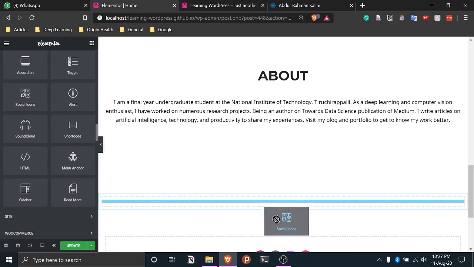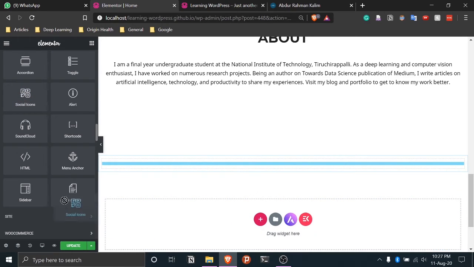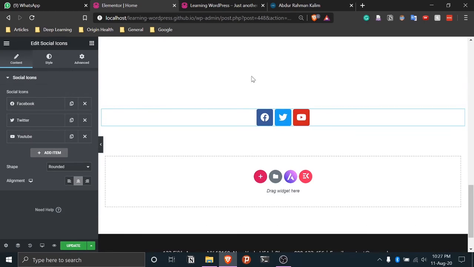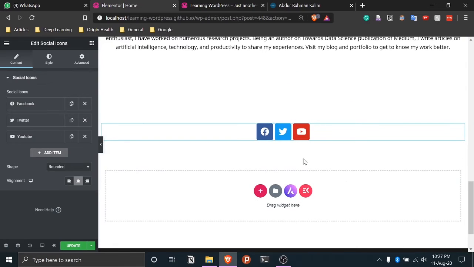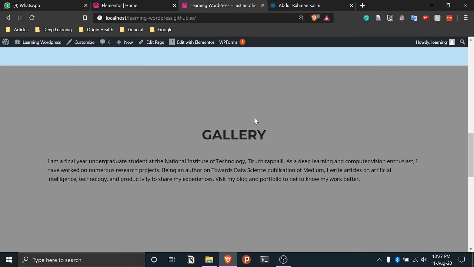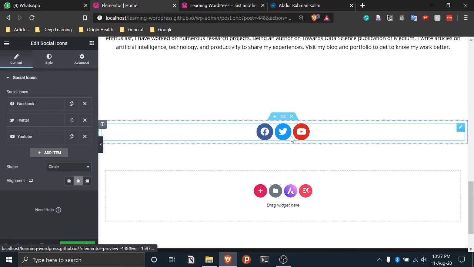Let's try this. We can just drag and drop these in the widget area here. Yeah, exactly. These were the ones. So we'll delete this. We don't want that. And that's all. Here, I think we can change the shape. So we can go to circle. This is exactly how my icons looked, right? Circle. And so there's Facebook, this and this.